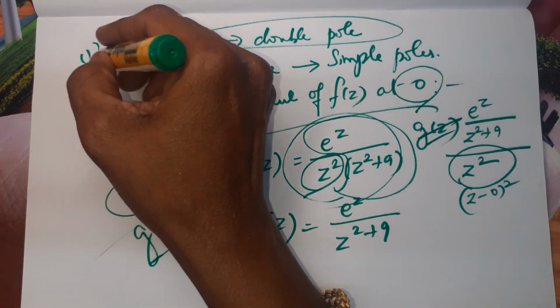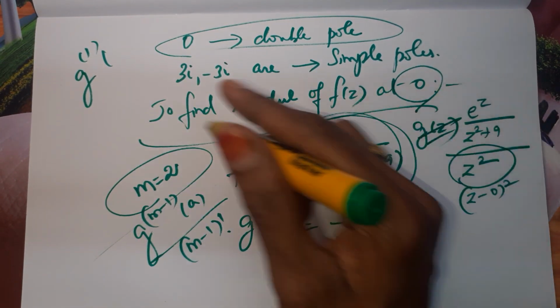What is a here? Pole 0. So on substitution of that we are getting g of 2 minus 1, which is 1, of a